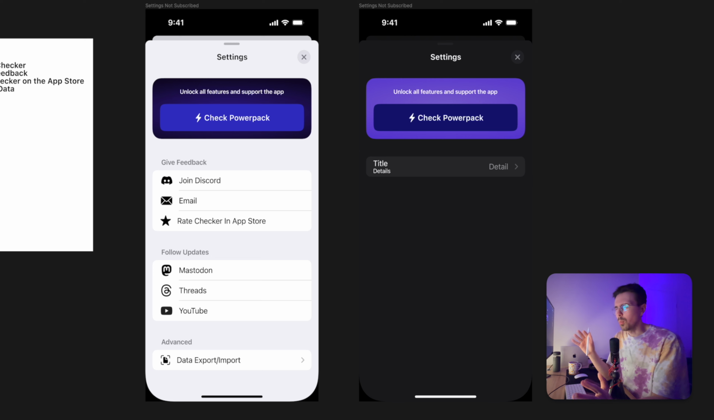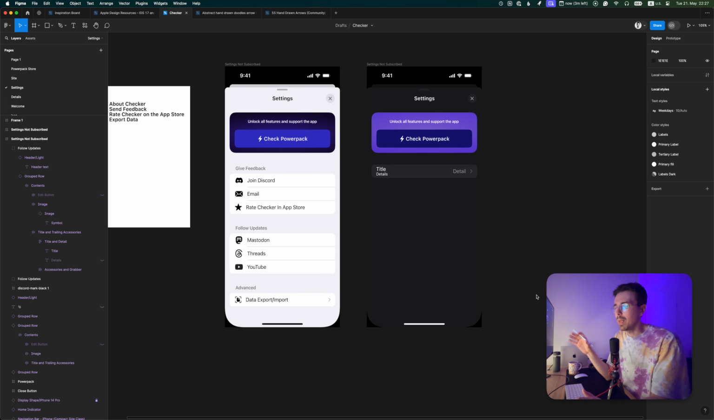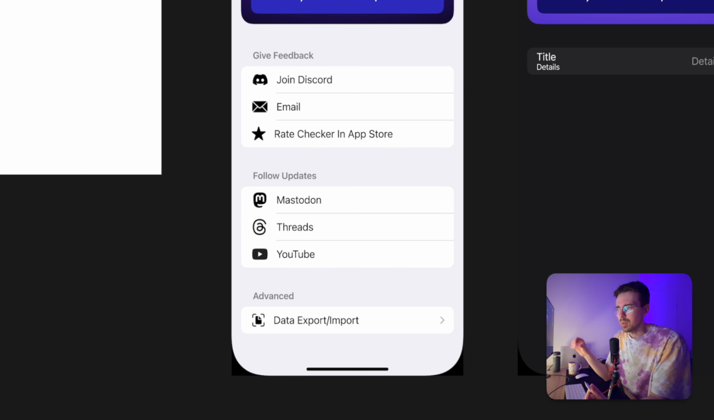One more or less complicated part of the screen is this card at the top that says Check Powerpack, and Powerpack is a set of paid features within the app. And at the bottom of the screen I have this data export-import section, which I already have within the app. I mostly use it right now to debug issues with my database, but I've decided to also leave it in the production version as well, thinking that maybe for someone it will be useful to export the whole database